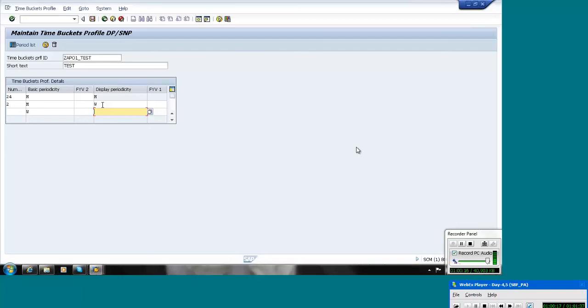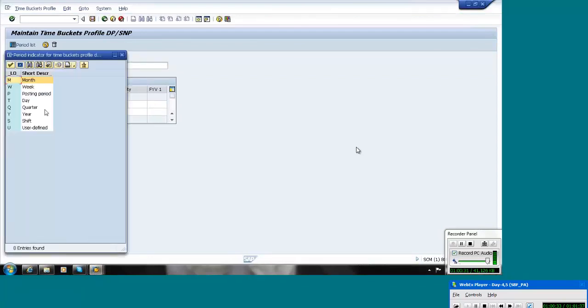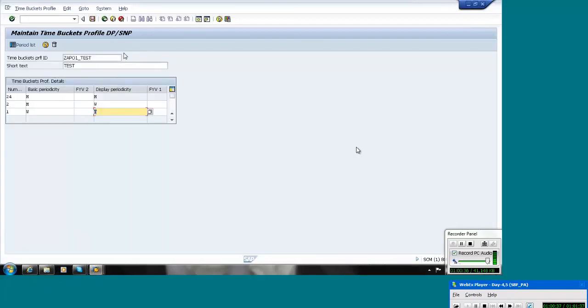Not only a single bucket, we can have a combination also. And the first 1 week I want to see in days. Also you can take T as a day. If you go here, it will show T as a day. Like that also we can use this bucket.